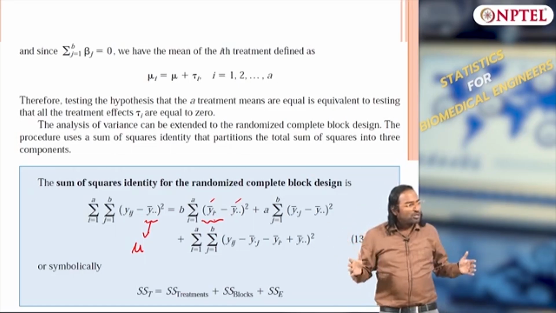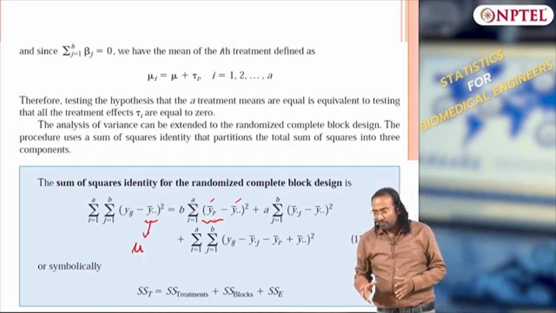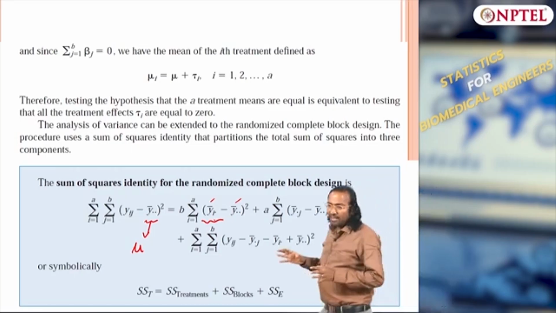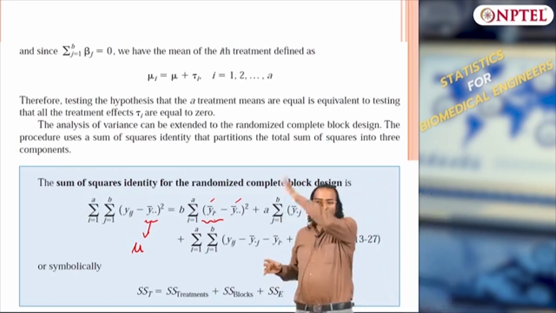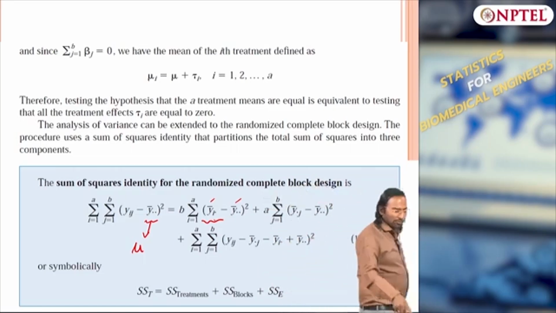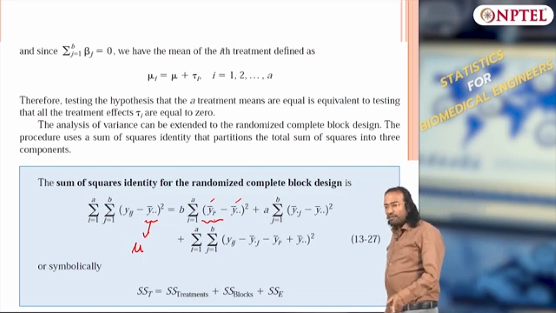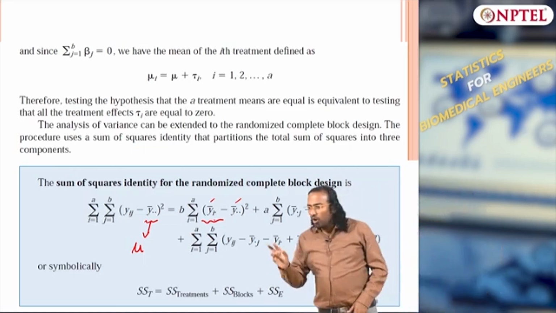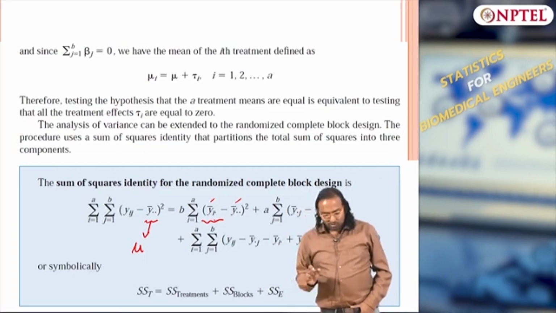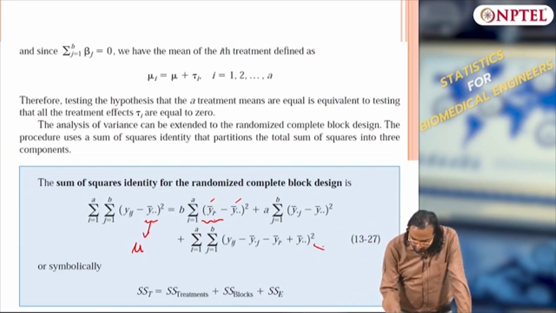summated along the rows is nothing but my sum square treatment. Okay, so I am summing it along for all treatment levels, that is A levels, for all columns, multiplied with B columns. So this is what I have, sum square treatment. And sum square block, earlier we would not have had sum square block, now we have a sum square block term. Okay, and now you can understand, now by the way I am defining, the sum squared error will be